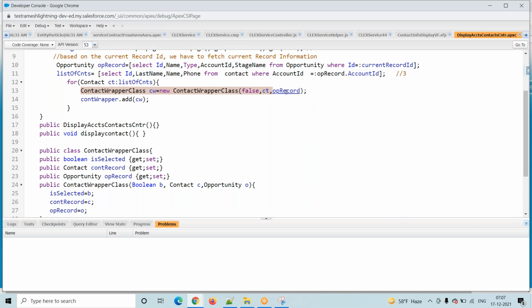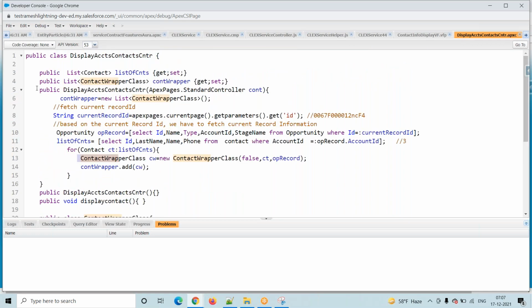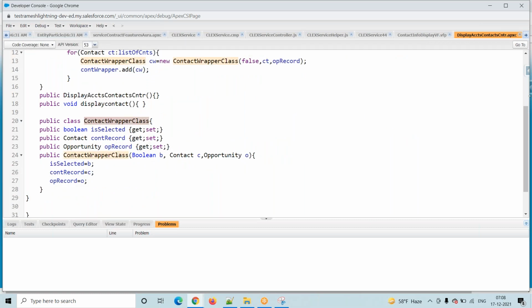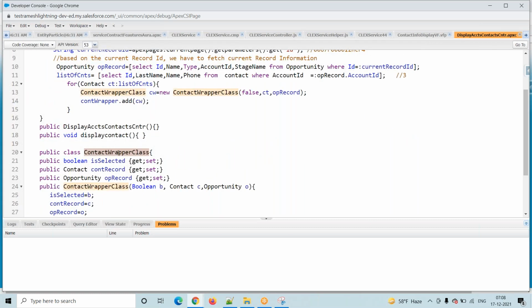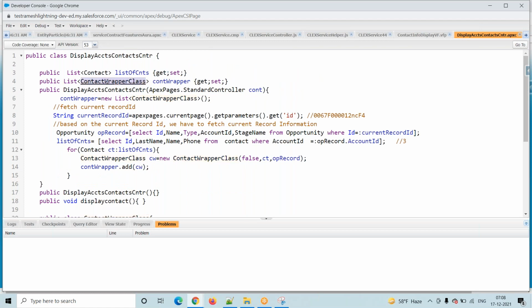Then I want to show it to the user. How to show to the user? Is only one record there that I want to show, or any list of records? I am not sure whether it is one record or 2 records or 10 records, we are not sure. Then which concept will come into picture? List will come into picture. So first I will go and create one list, public list. While creating a list, we are storing this wrapper class, these wrapper records only. That's why here we are using list of contact wrapper class is equals to contact wrapper setters getters. And finally we are creating an instance.